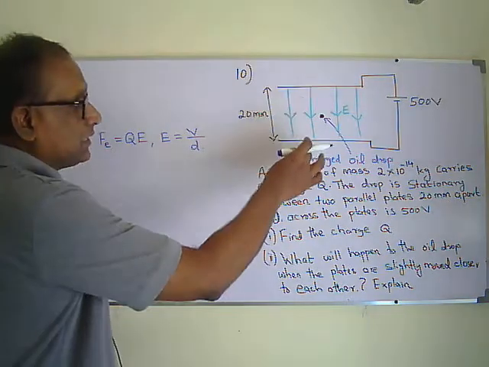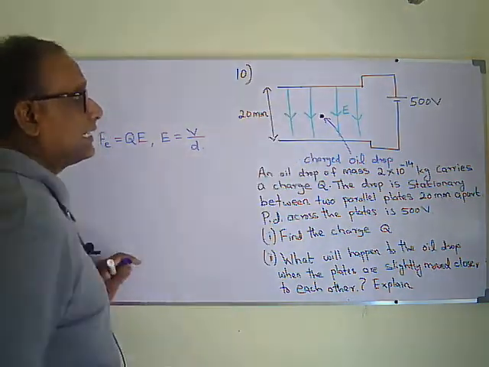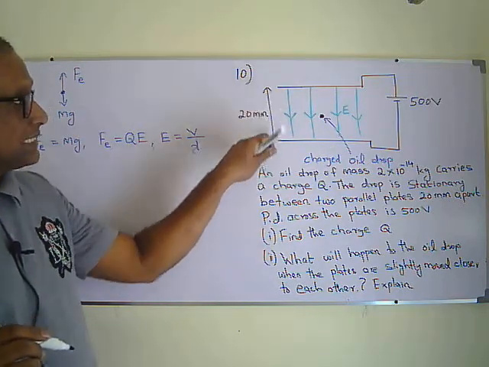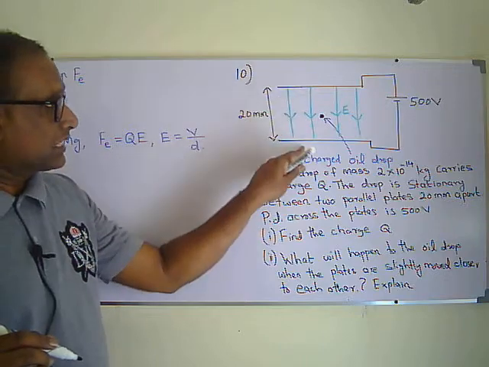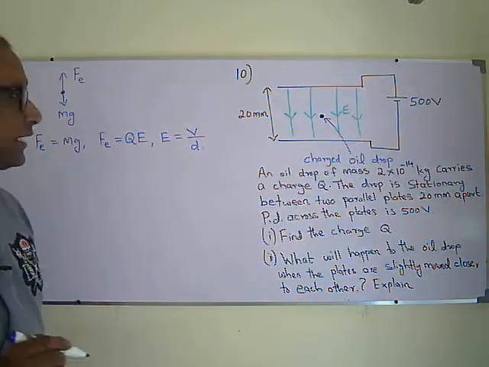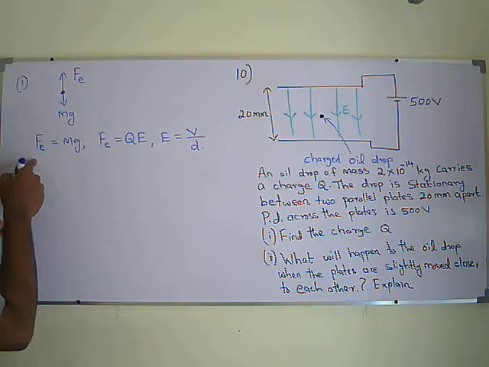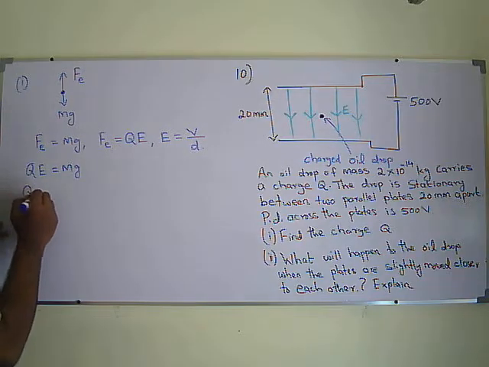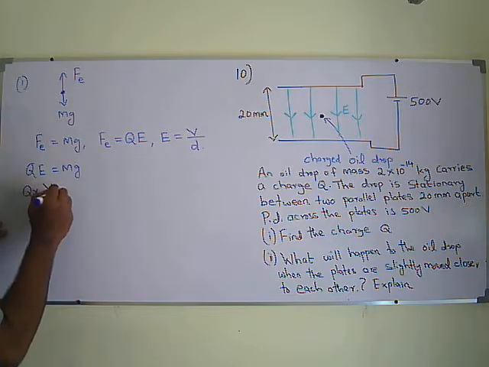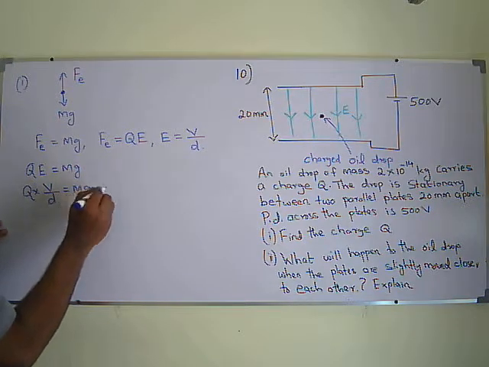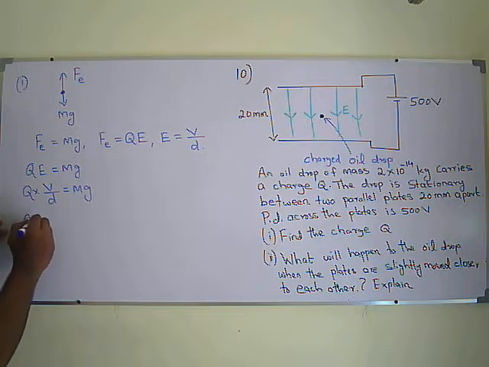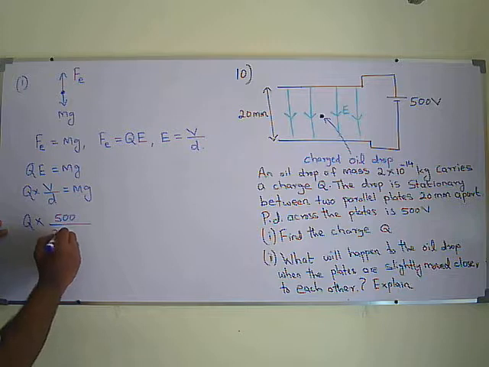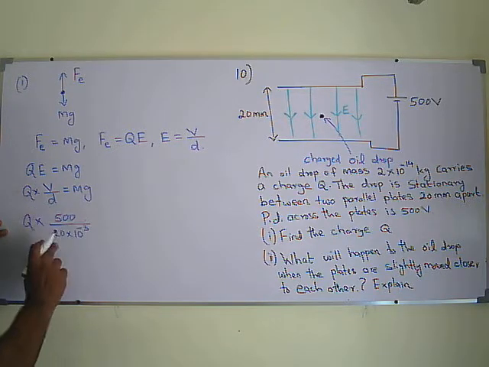So here the distance between the two points: I can consider any point on the top plate and another point on the bottom plate. So the distance is 20 millimeter. The potential difference across the plates is 500 volt. So substitute all these things. Fe, I can say QE equal mg, and instead of E, I can put V over d, so QV over d equal mg. I know all the quantities, I need to find Q. So Q times the potential difference, 500, divided by 20 millimeter, converted to meter, 10 to the power minus 3, I'm dividing it by 1000,